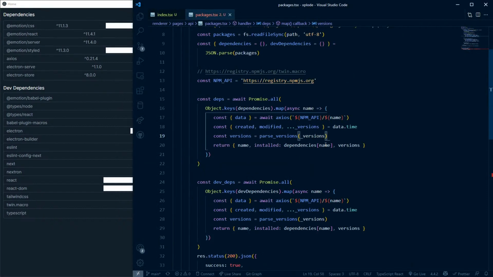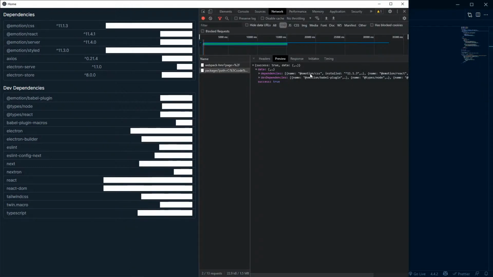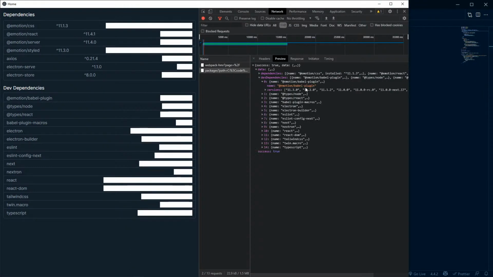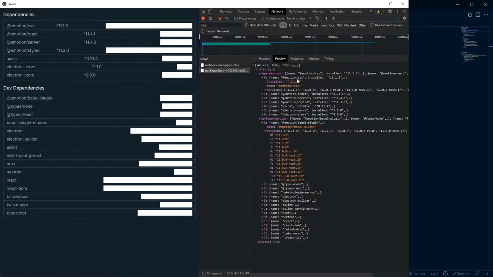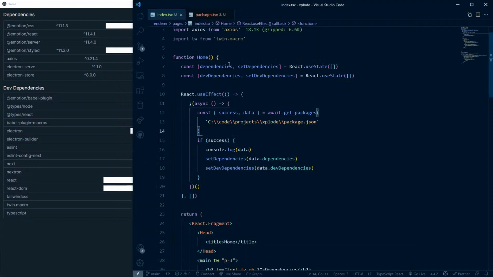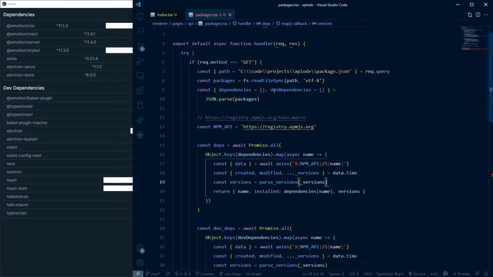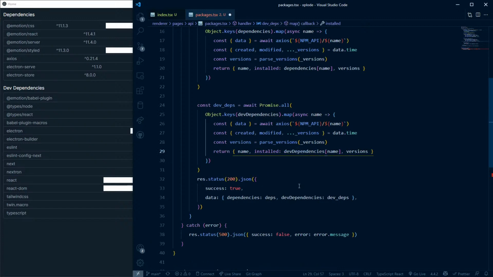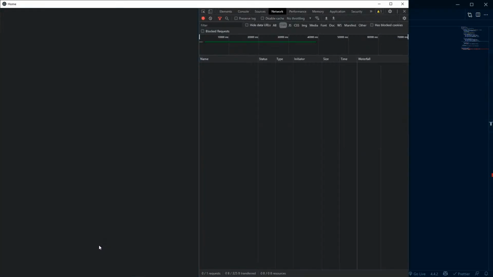instead of making the calls again and again, we should probably cache them. That way it'll be much faster than fetching them every time. But anyway, do we have the right data? So this one doesn't have installed version. Wait, what? The dev dependencies doesn't have. Oh, okay, that's why. So if I refresh it again,